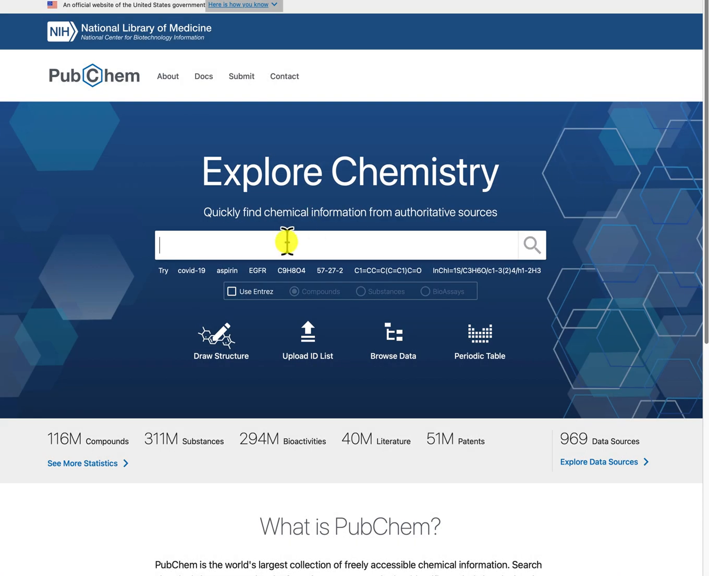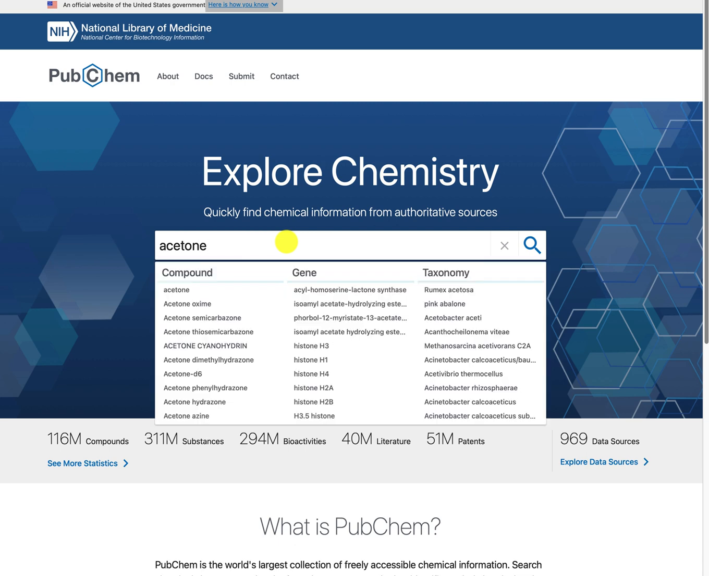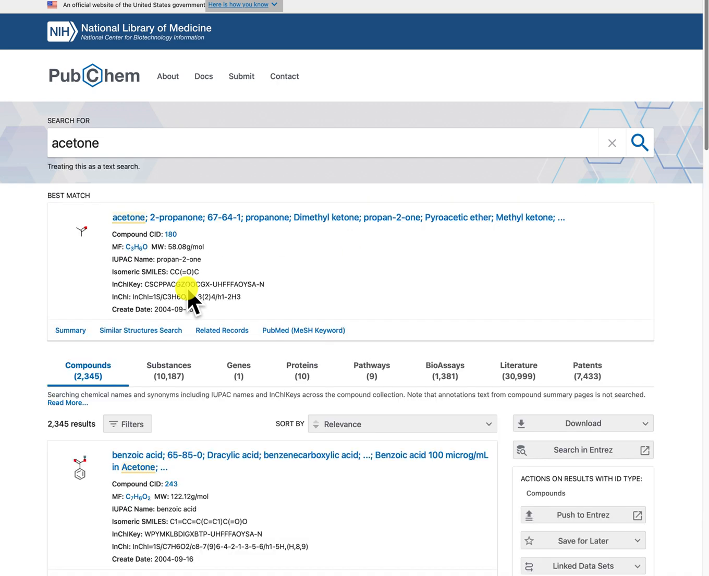I'm going to do a quick search on acetone. So I need to type in acetone. And as I type, a pop-up will appear with all chemicals that contain that keyword. I can just select acetone here. And this will bring you to a new page. And the best match will appear at the top. So here you see acetone and other names for that chemical. So if I click the name link,